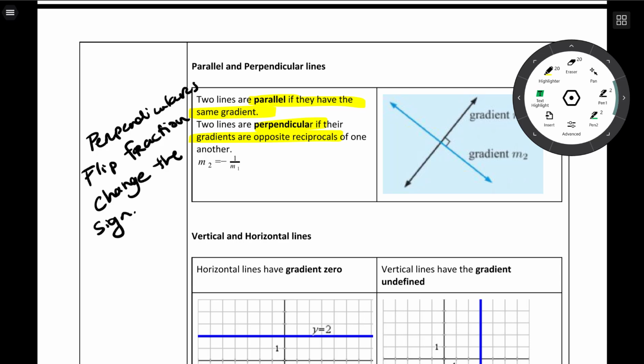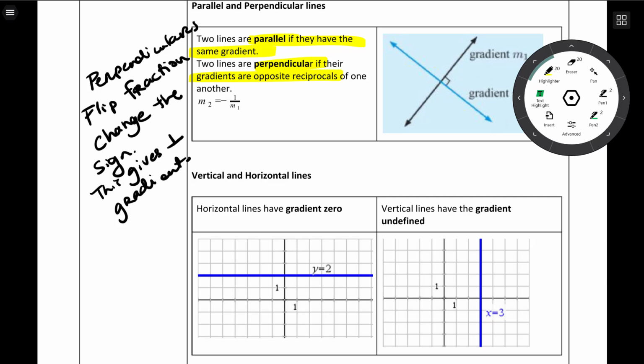Okay? Flip the fraction, change the sign. This gives the gradient. This gives a perpendicular gradient. Okay? There we go. I'm adding meaning to my notes. All right. Next,